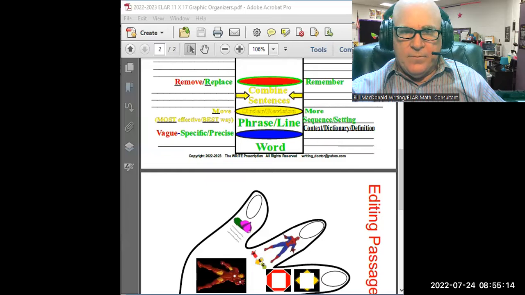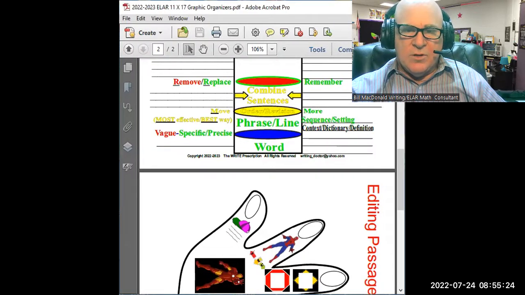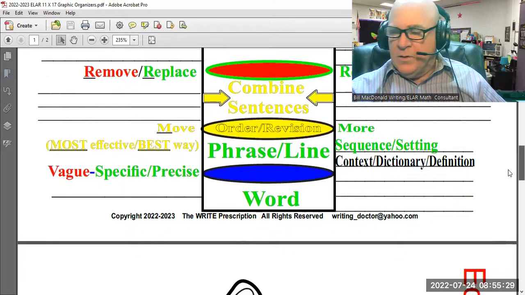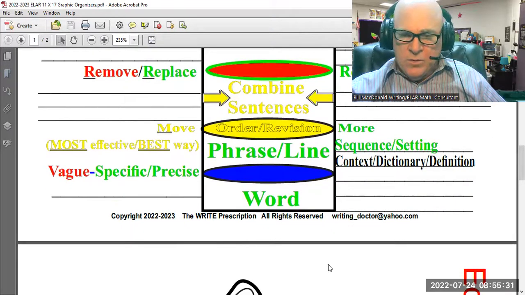I'll share my screen, just the graphic organizer. Minimize this one so you can see this one a little better. And I'll make sure it's large enough so that you can see it well. There we go. Okay, so it said that the word